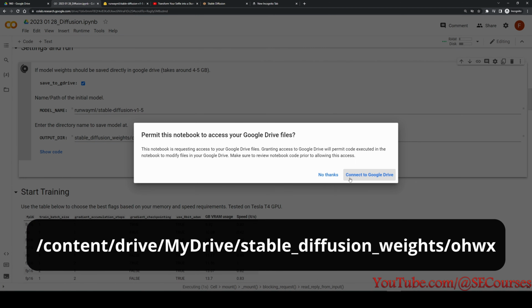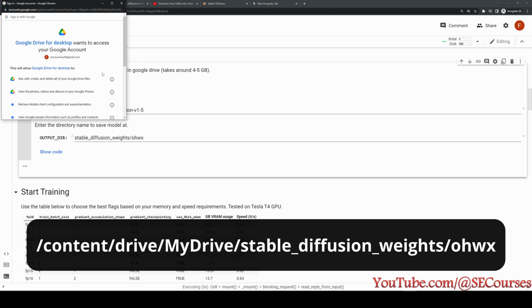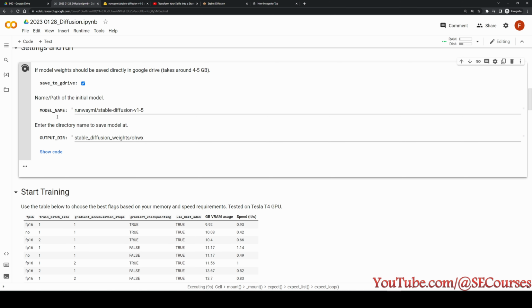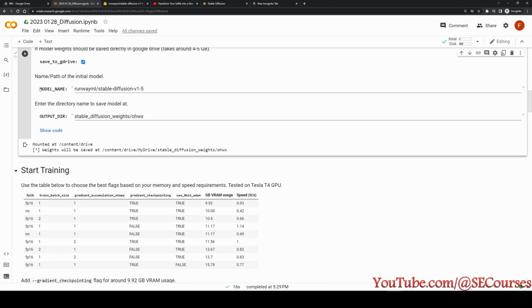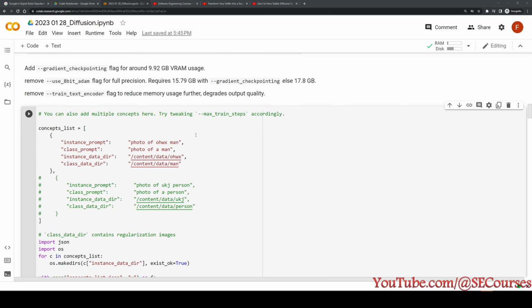It is important. It will ask me to allow permission to connect, and I will allow, and then I will click allow, and we will see a green check mark here, and it will tell us that we are able to access Google Drive files in this Google Colab notebook. And yes, we got the green check mark. So how did I set up?